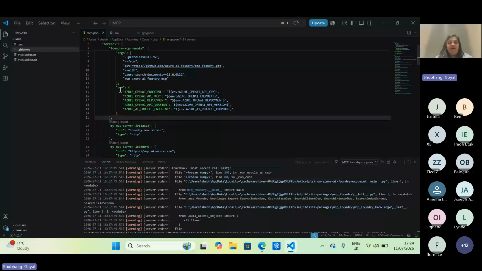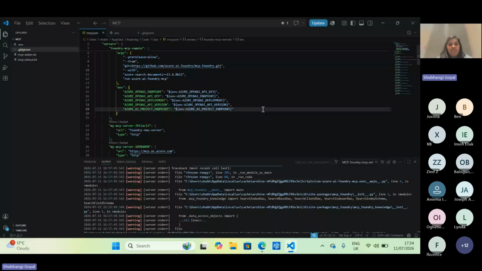I have used an environment variable here in which all these details are kept. If you see, I've pointed it here. It's also sitting in my MCP folder where the actual details of each of them are currently sitting. I've done this because I want to make sure that my API keys are not visible in my script. You should also ideally make sure that your API keys are not visible whenever you show it to someone or if you're actually writing a piece of code.